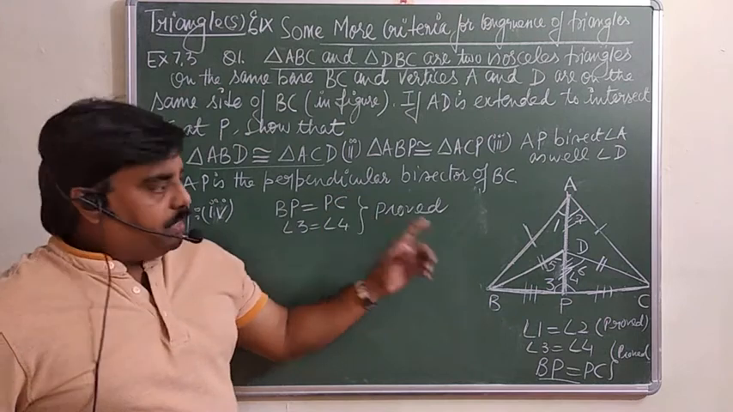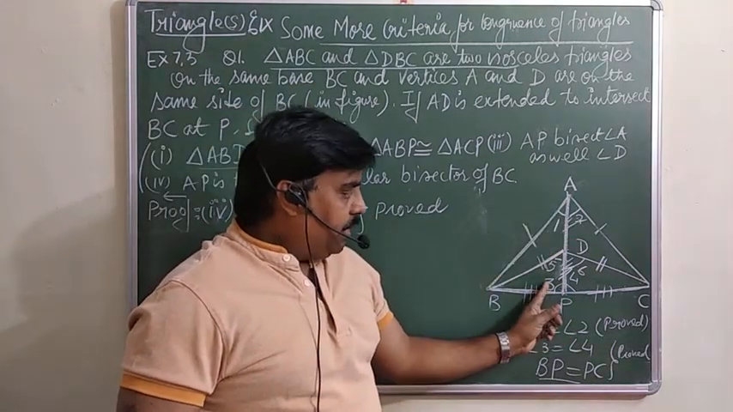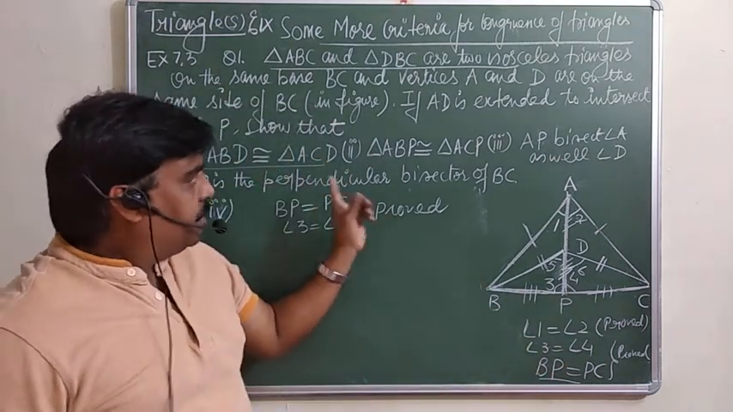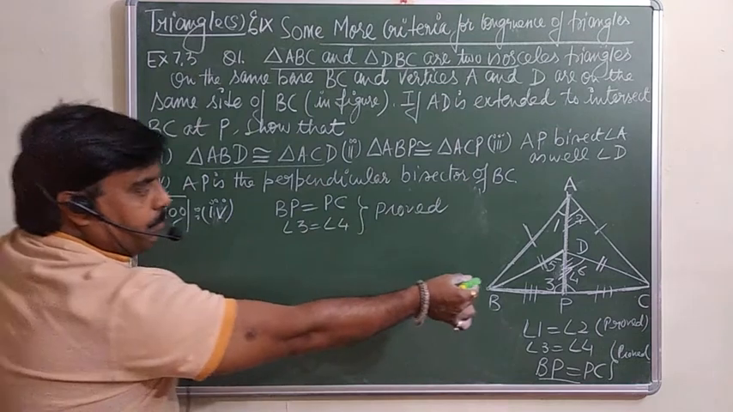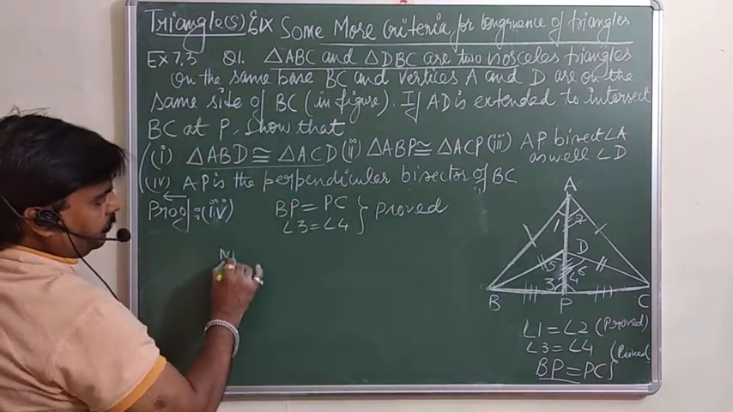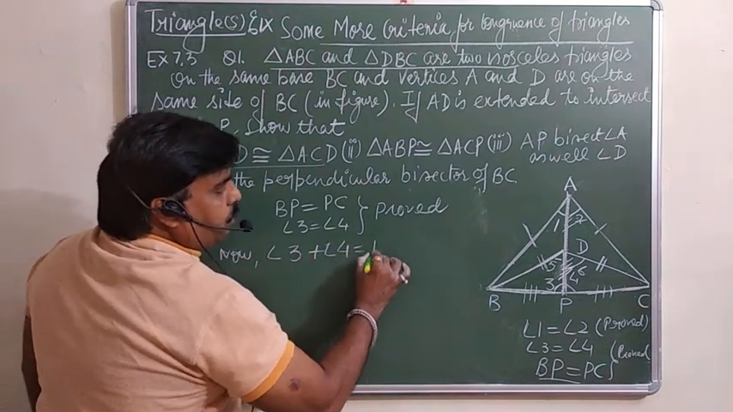Now the fourth part is there. We want to prove AP is the perpendicular bisector of BC. See now, angle 3 is equal to angle 4 and BP is equal to PC. This has already been proved in the previous cases. Now, one thing, we want to prove this is 90. So angle 3 plus angle 4 will be equal to 180